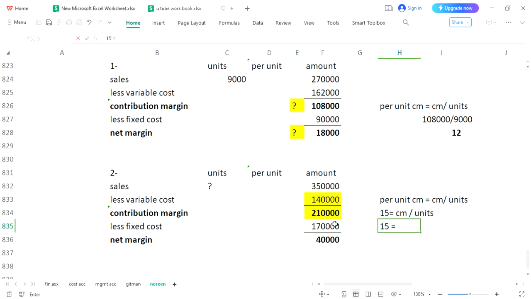CM 2,10,000. Put it over here, and it would be divided by units, which are unknown. And our question mark is related to these units. As you can see, there is a question mark. So now 2,10,000 is divided by units. If you want to take these units to the opposite side, here it is being divided. When you take it to the left side, it would be multiplied, and it means 15 multiplied by units,